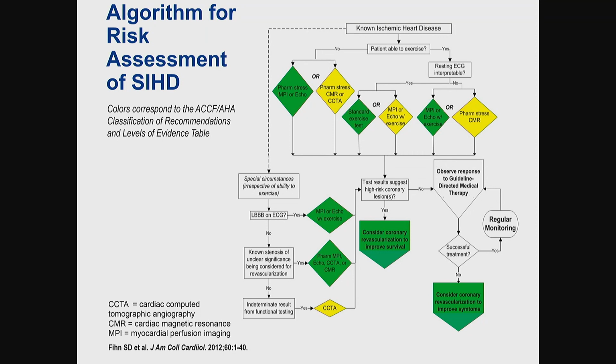Now, if somebody has known ischemic coronary artery disease, then one moves into risk stratification. And you can see that there are a couple ways in this pathway that one can work through to identify patients who would benefit from further non-invasive testing. So if somebody has known ischemic disease and is able to exercise, they would get a stress test. Based on these stress test results, and you can see they vary depending on whether the resting ECG is interpretable, if a patient has high risk coronary lesions, then somebody should consider coronary revascularization